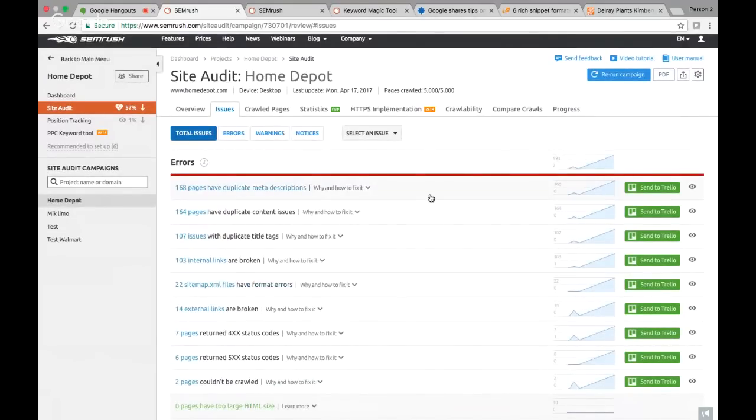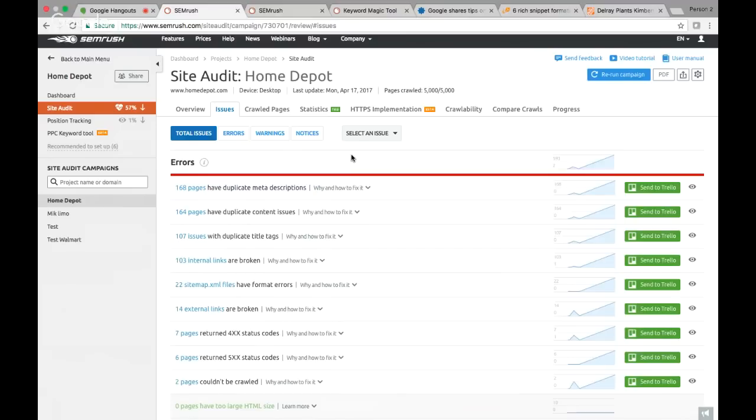But the ones you really care about for e-commerce, you're looking at your product pages, and product pages get hit with duplicate content issues. They get hit with low word count and duplicate tags. And those are all missed SEO opportunities. So if you have a duplicate meta description for separate